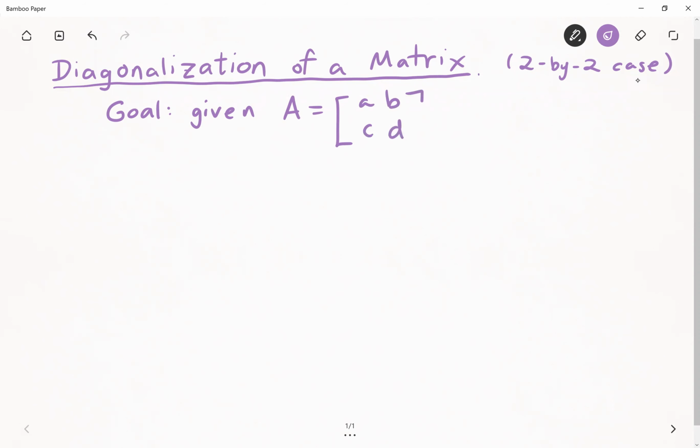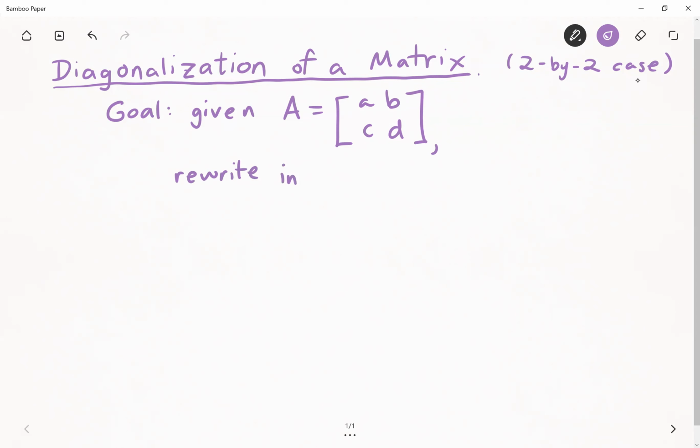Hello. In this lesson, we're going to learn about something called diagonalization of a matrix. It sounds like a very long and complicated term, but the idea is basically that we want to rewrite a matrix. We kind of want to factor a matrix in a certain form. And so our goal is, given some 2 by 2 matrix, call it capital A, perhaps with entries A, B, C, D, we'd like to rewrite it